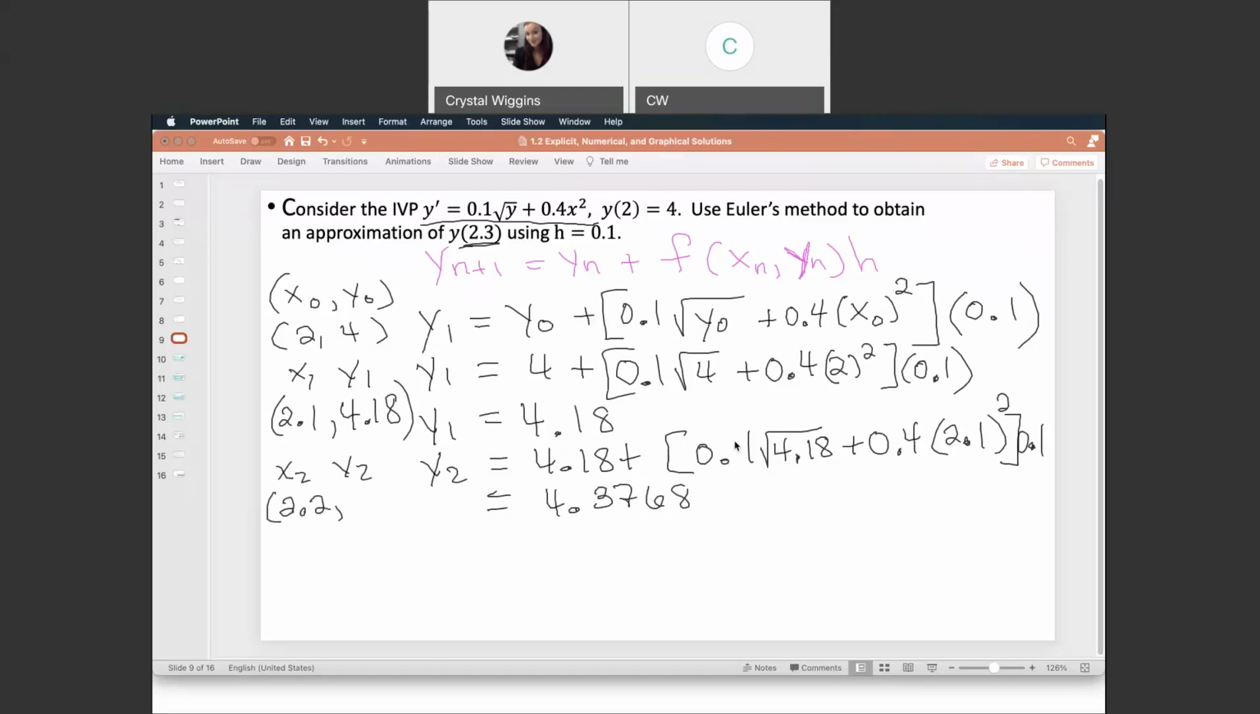y value paired is 4.3768. Again, we see that the x value is not 2.3 yet. We still have one more step to go. So we do our last step. We find y3 by using y2 and x2. So we have